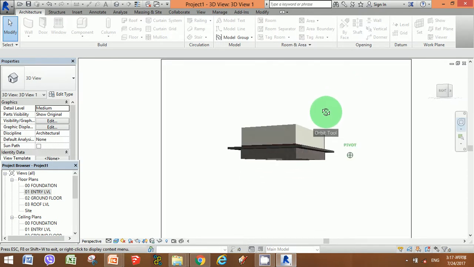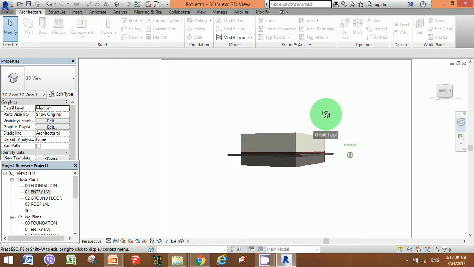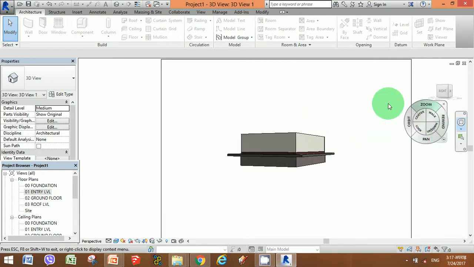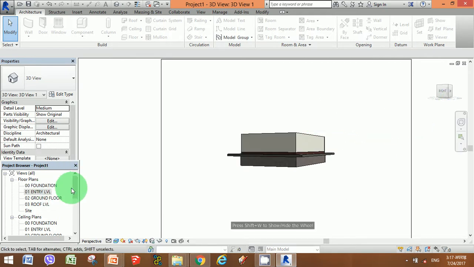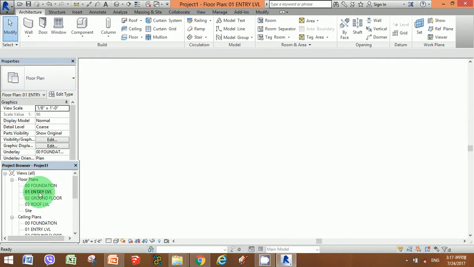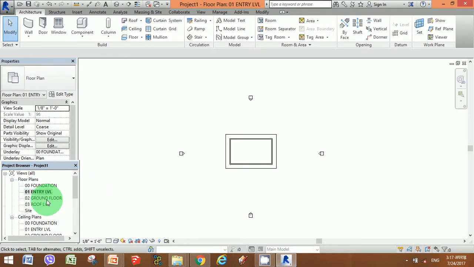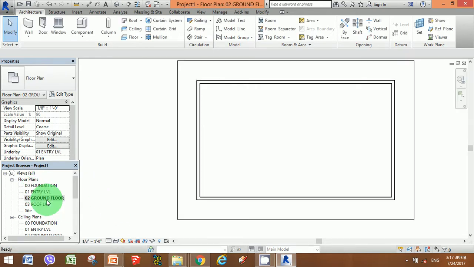In the orbit tool, let's orbit and keep it in this direction. Once our desired direction has been selected, go to the entry level view once again, go to the ground floor. The ground floor level has the walls that we require editing.